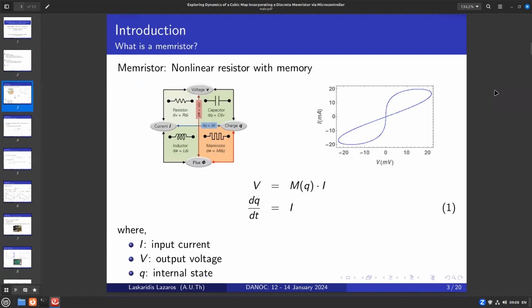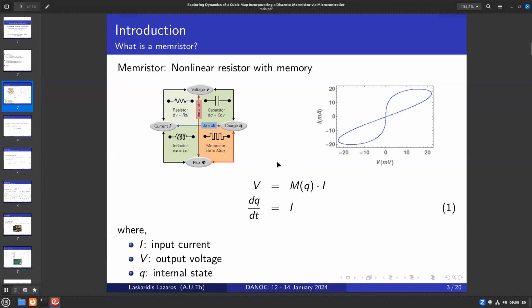Starting now from the introduction, in the first part, we see a memristor device here, and we are going to talk a little about this. A memristor is a nonlinear resistor with memory. This element was missing and found by Chua, and here this red arrow connects the flux and the charge. The memristor has a characteristic curve of the voltage and current. It is like an 8,